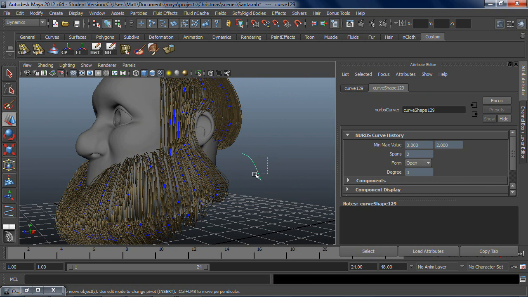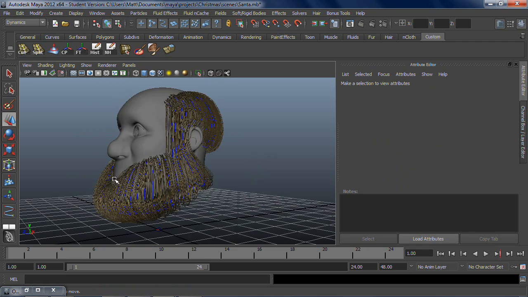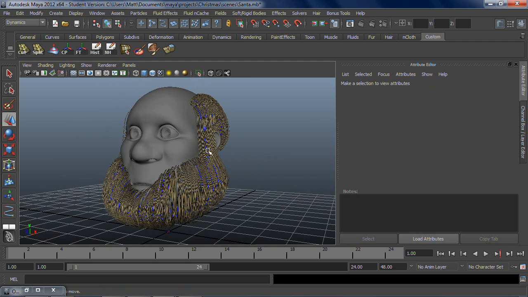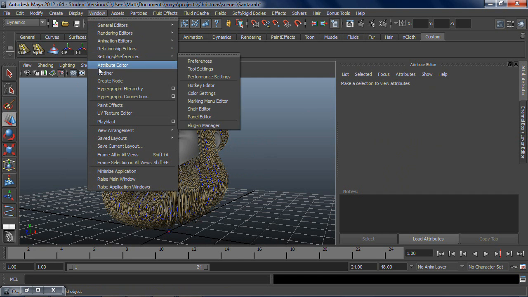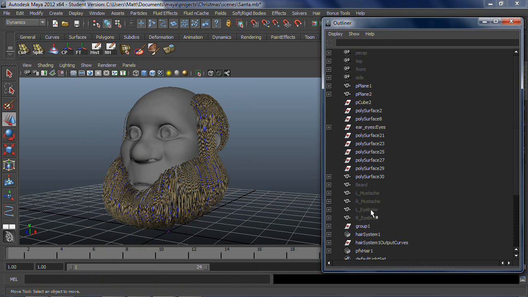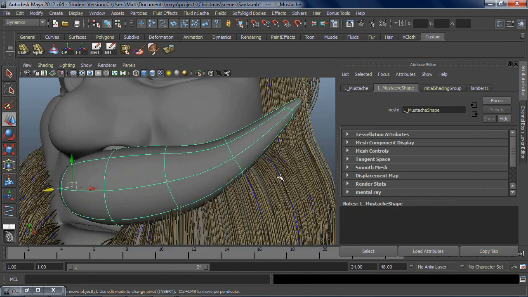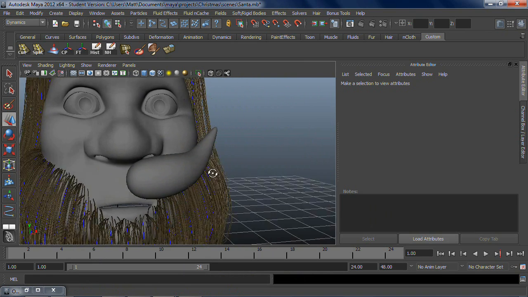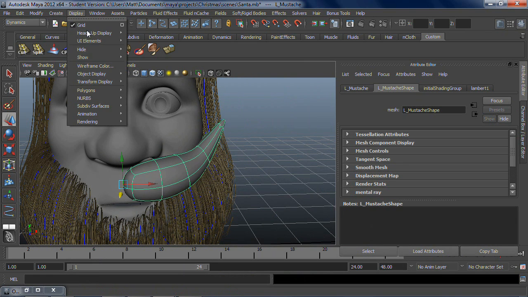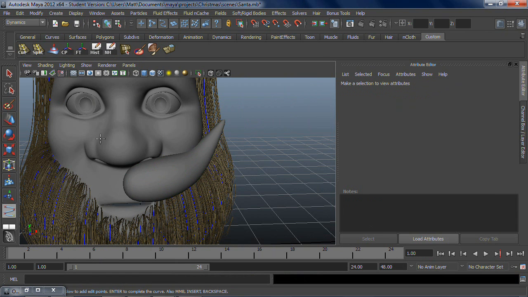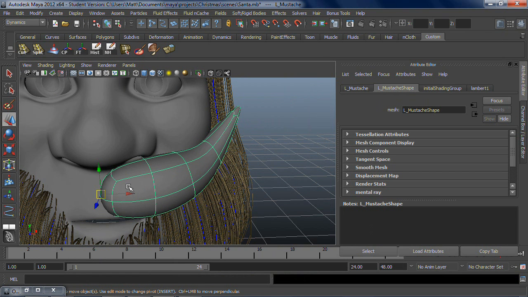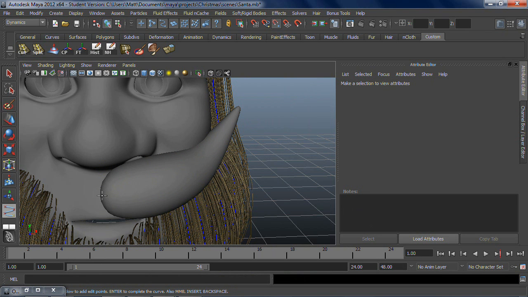I'm going to undo all of that because I really didn't want that. Another thing is, let's say I want to make an eyebrow. Let me unhide one of my mustaches. Okay. If I want to make a mustache, it's going to be really similar. Create EP curve tool. I'm going to actually make it